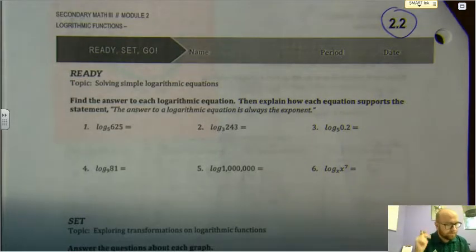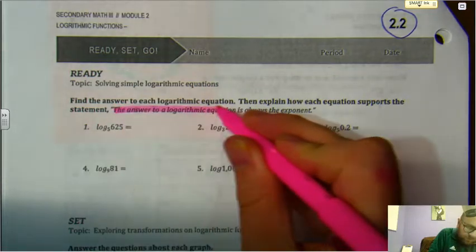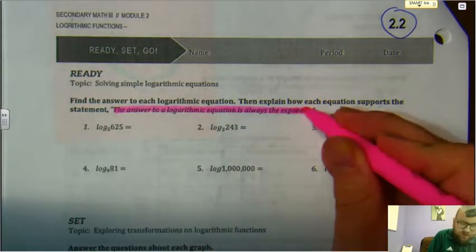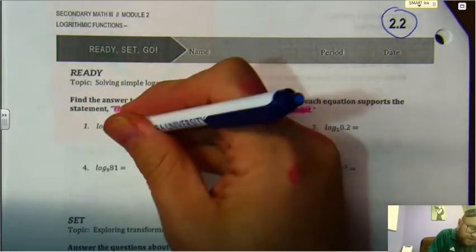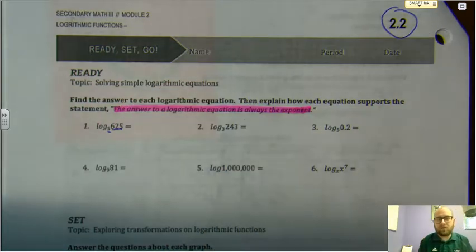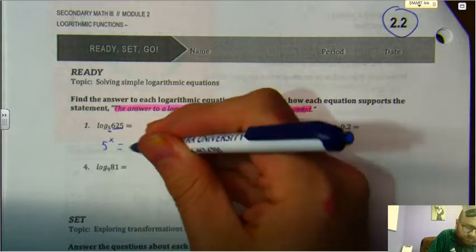We'll go ahead and start with the first section here in the ready, which is solving simple logarithmic equations. And it gives a nice little statement here so that we never forget exactly what we're doing when we're working with our logarithms. The answer to a logarithmic equation is always the exponent. So we're trying to figure out what the exponent is that causes our base to become whatever the logarithm is of. So we're trying to figure out 5 to what power is